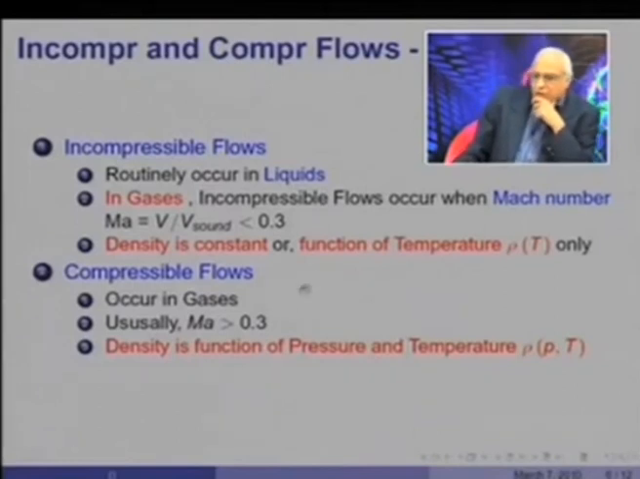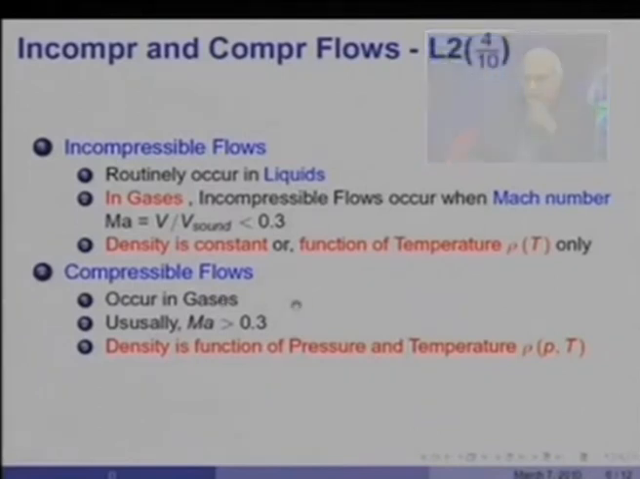Compressible flows, which occur mainly in gases, usually have Mach number greater than 0.3. Mach number would be equal to 1 for sonic compressible flow. It would be greater than 1 for supersonic flows. And the main distinguishing feature of a compressible flow is that the density in this case is a function of pressure and temperature both. Not only temperature, but both pressure and temperature. Remember, compressible flows occur only in gases. Another important